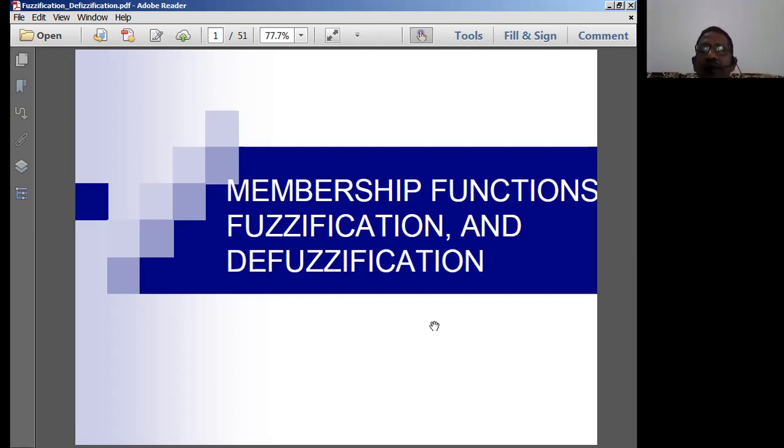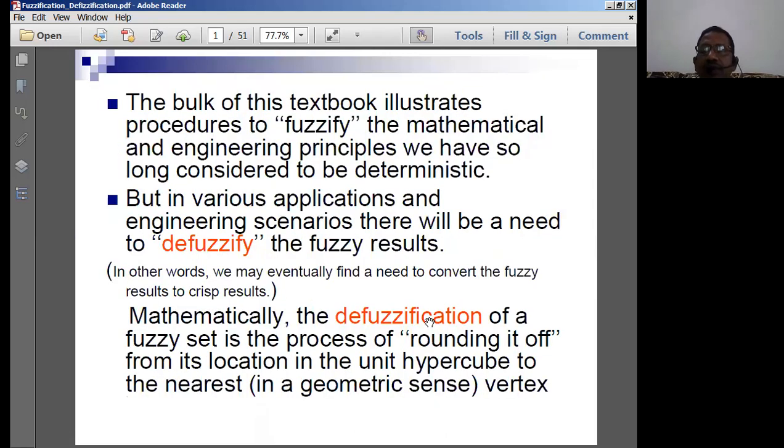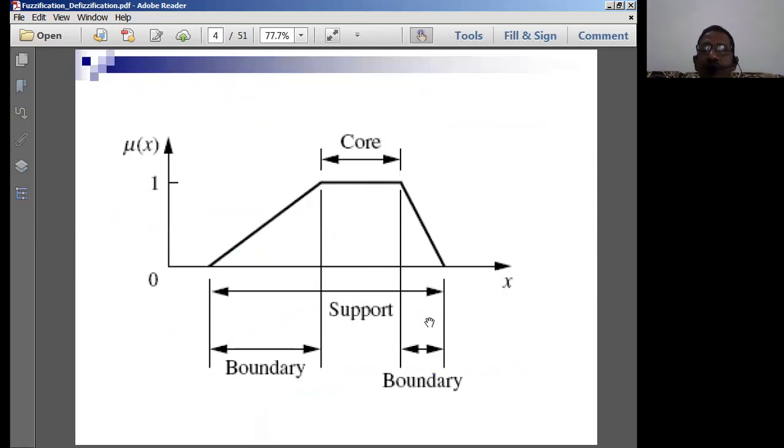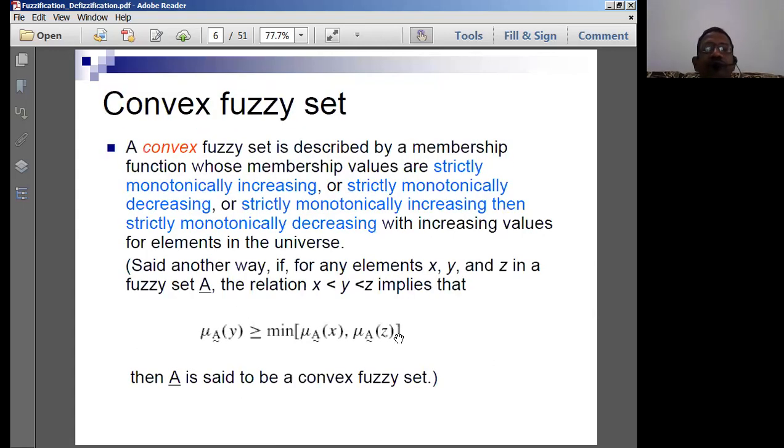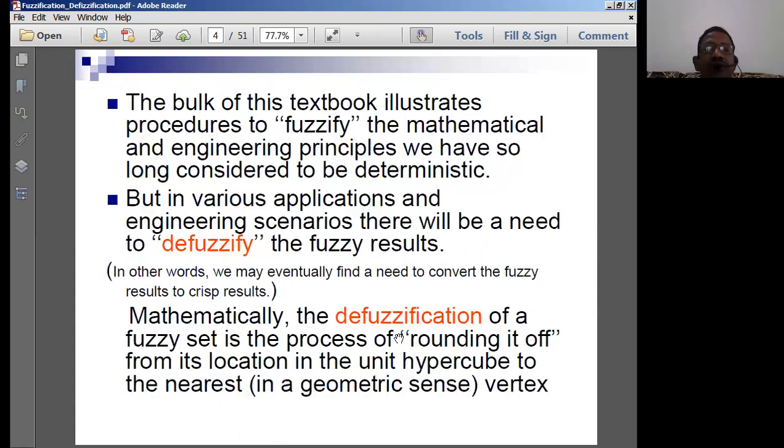Primarily there are going to be four features. The four are going to be the core, bounded, okay, normal feature, and the next one is going to be the support feature. So these three are the main features, the core, support, and boundary features, and one more is going to be called normal, which has been derived from these three features of the membership function. Okay, let us look into these features of these membership functions.